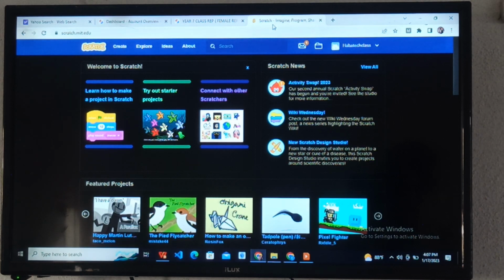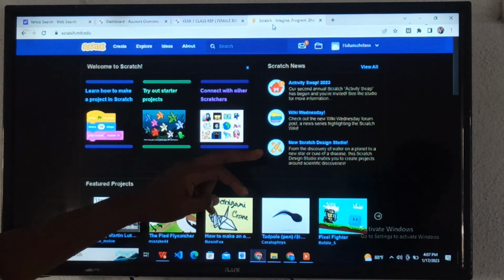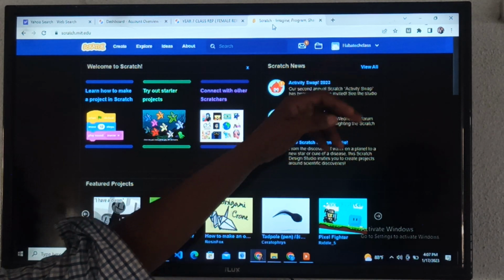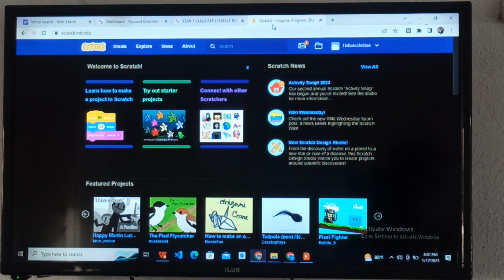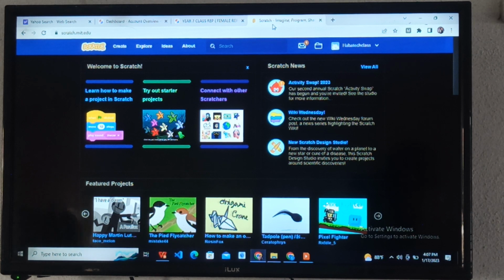Scratch.mit.edu. So the thing is saved in my section already. Can you see it now? Now saved in my section. So if I have a saved project, I will see it. Then I can as well start creating a new project. That being said,